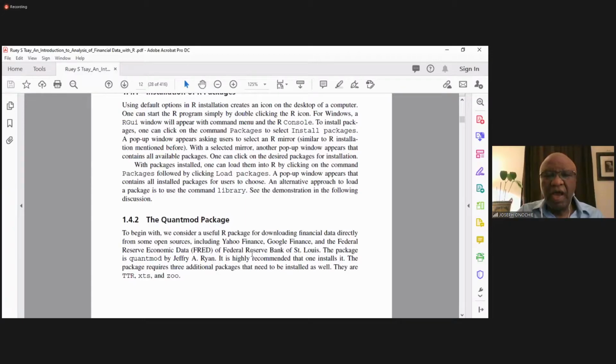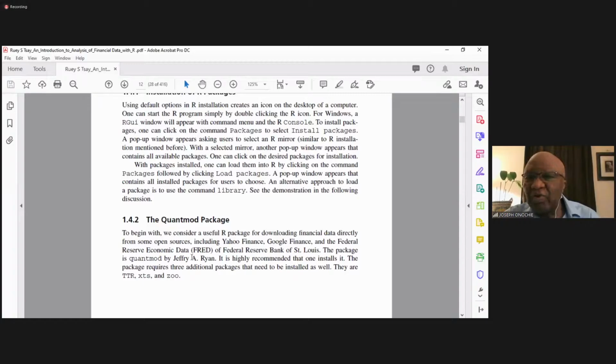And there are three packages that come with Quant Mod. They are TTR, XTS, and Zoo. So Quant Mod lets you go to the database, for example, FRED or Yahoo,